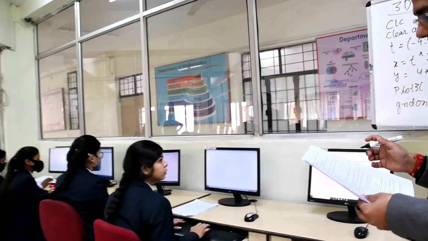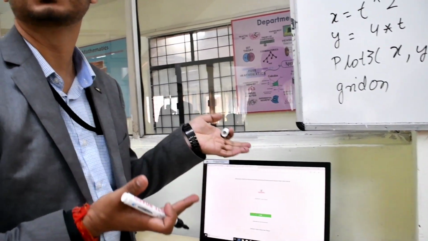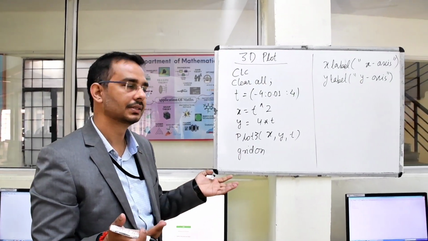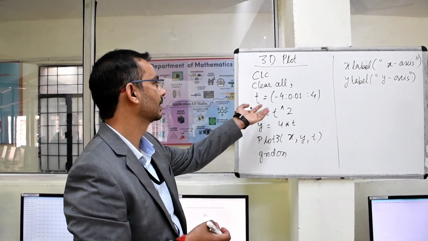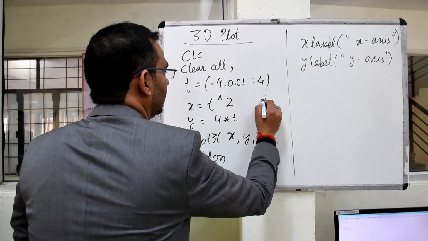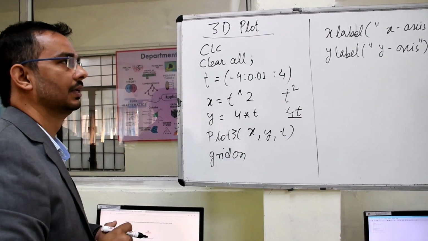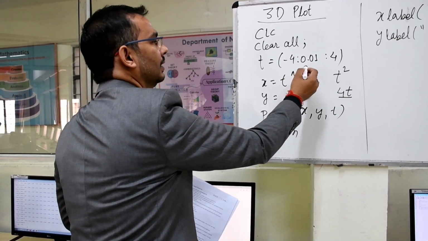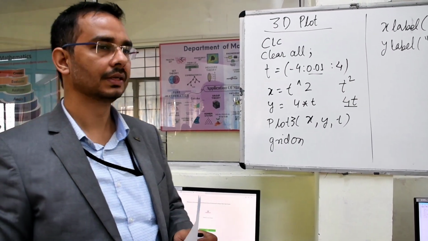So in today's experiment, we have just let the students know how to plot a 3D plot of any signal. In general, there are some test signals, ramp signals, step and impulse. But here we have taken a general signal like t square or some linear signal 4t, and how it is plotted. We have written the code, and we have taken a time interval of 0.01 units, units basically in terms of seconds.